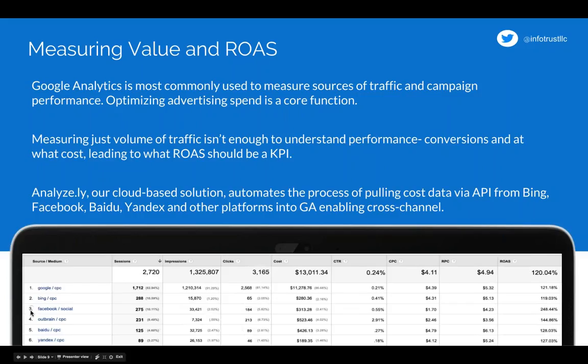But if you compare it to Facebook Social, yes, there are fewer sessions because there's less cost, maybe less investment, fewer campaigns running, less marketing spend thrown at this campaign. But the return on advertising spend is more than double that of Google CPC or other channels. So maybe Facebook Social in this case is better for this particular organization's customers. So again, understanding your customers, which source of traffic is bringing in the best. In this case, it would seem that social, though the volume is less, they're much more engaged, much more interested in this product and this company, so they want to buy more often.